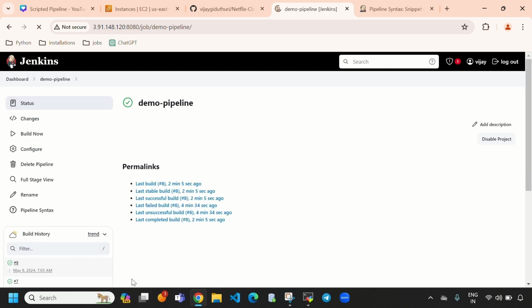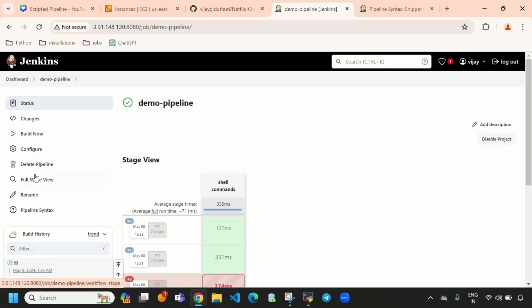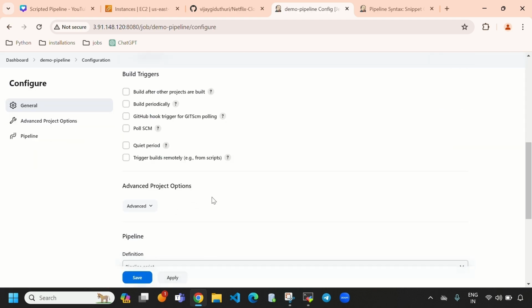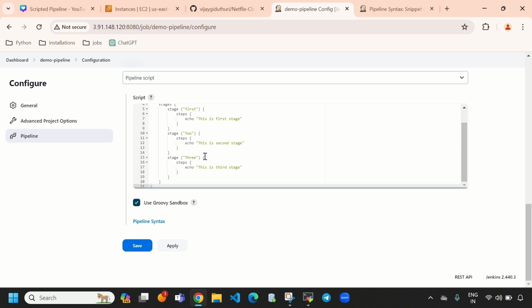When I select apply, and save, and then select build now, you can see the 8th build. When I select build now, the pipeline will continuously build, guys. Here you can see the pipeline is continuously building. So if you want to pause your pipeline at the second stage by passing input parameters, directly select configure, and if you want to stop your pipeline at the second stage, directly come to the second stage,